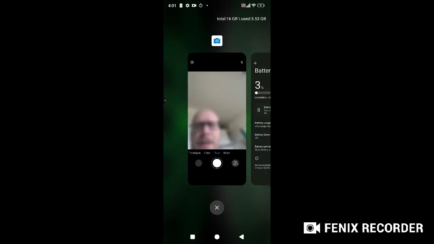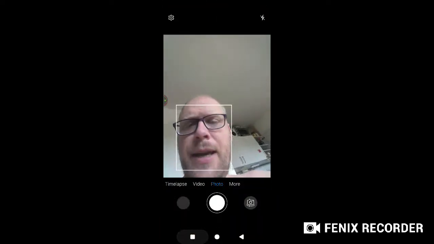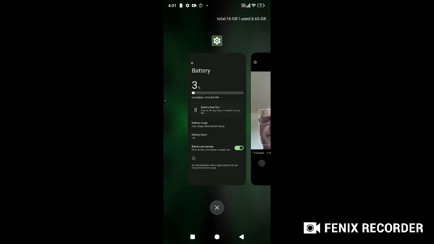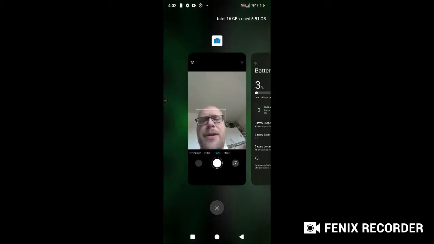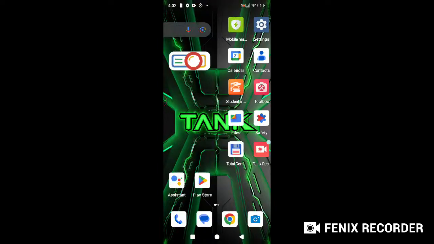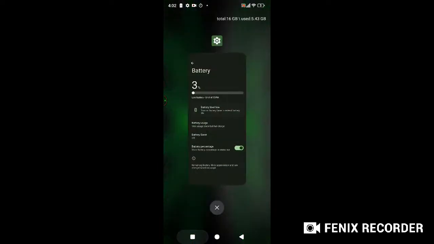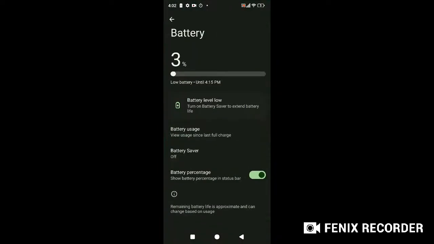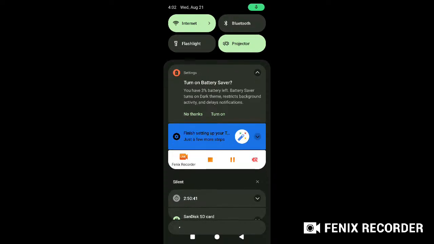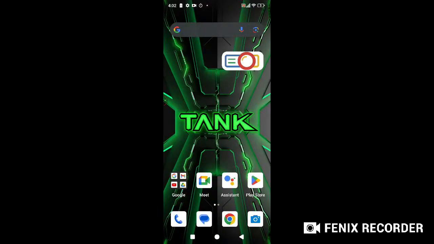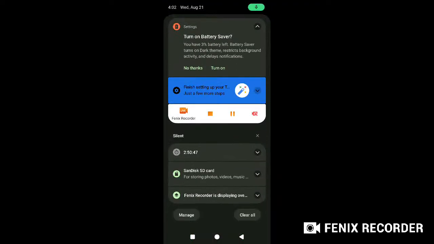Because you only have the camera open and the battery thing and all that, and it already uses 5.51 gigabyte. I don't know. That just seems a little weird that it would already be using so much, when you think about other mobiles that have less RAM. So how does it actually sort that out? Don't know, but